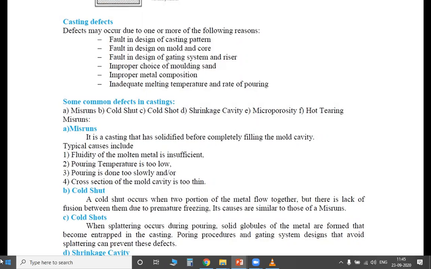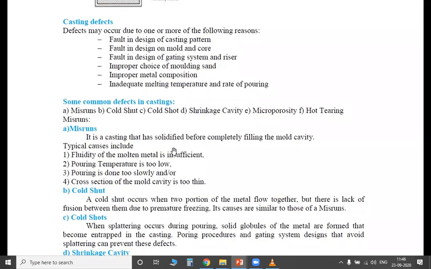What is the thickness of your piece? What is the height of your piece? What is the length of your piece? The piece must not be too long. If the length is more, the piece can have more defects. That's why when you go to an industry, you will see pipes only up to one extent of distance, not more and more. When a pipe has a very long length, it won't have good strength and good toughness. So the cross section of the mold cavity matters.